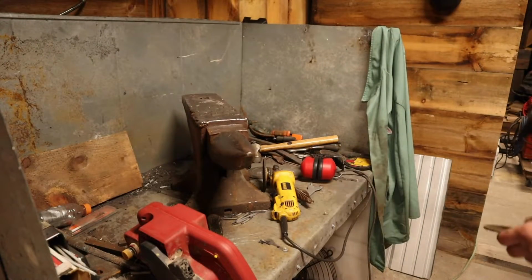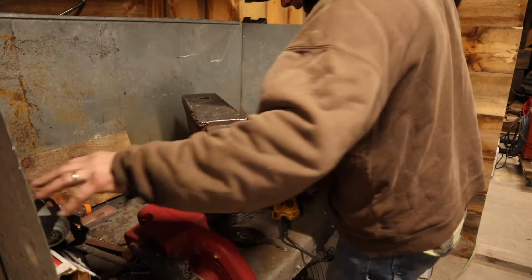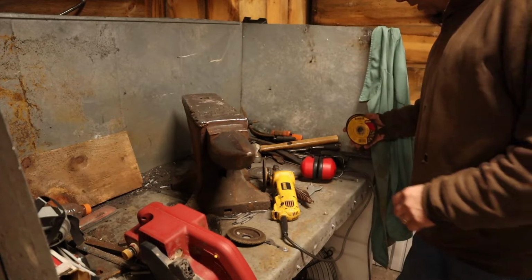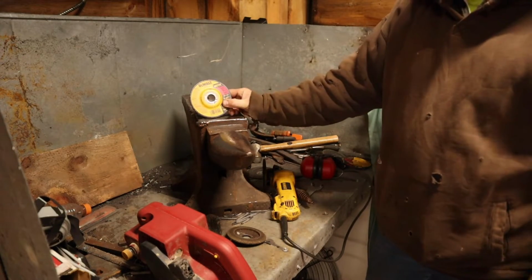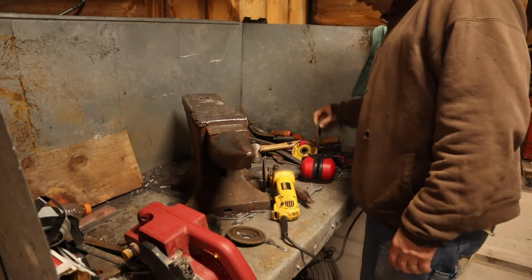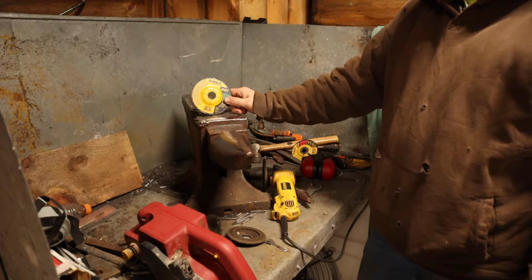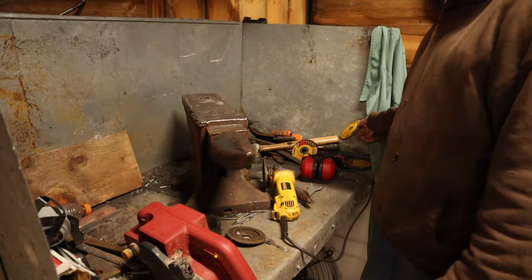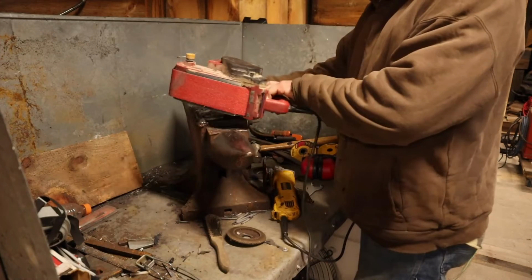Okay, so we are back and we're going to be doing some grinding, some sanding, all kinds of good stuff to level this out. So what we have off the gate, let's see. We got a 1/4 inch thick grinding wheel, DeWalt's for metal. I have a masonry one because sometimes a masonry type grinder works really well for good hard steel. We also have our cheap Harbor Freight